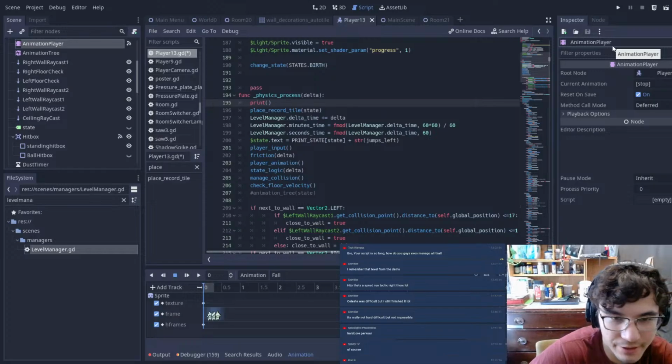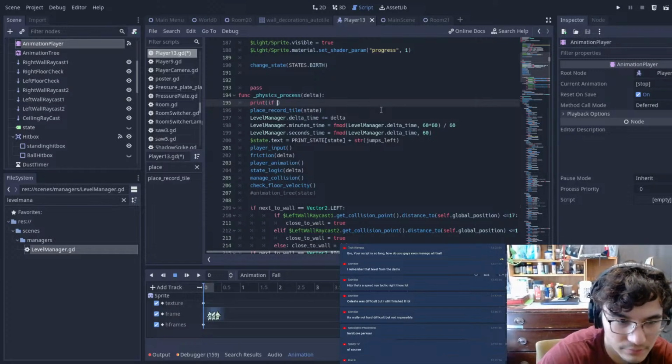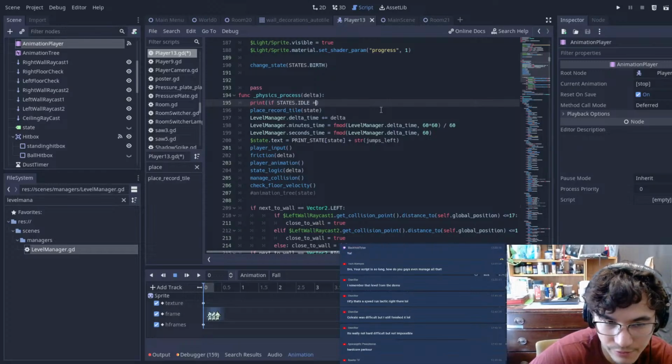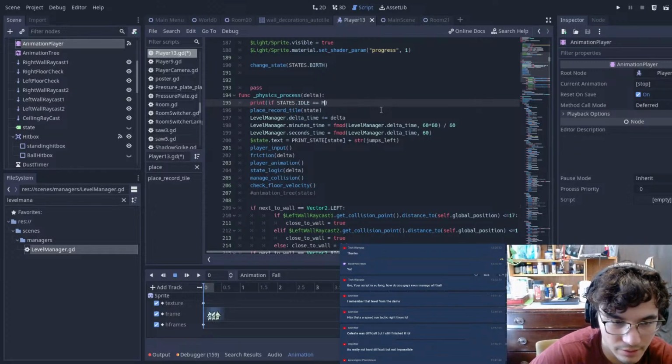So we're just gonna check if these two references are the same. So we'll do if states dot idle is equal to manager, or